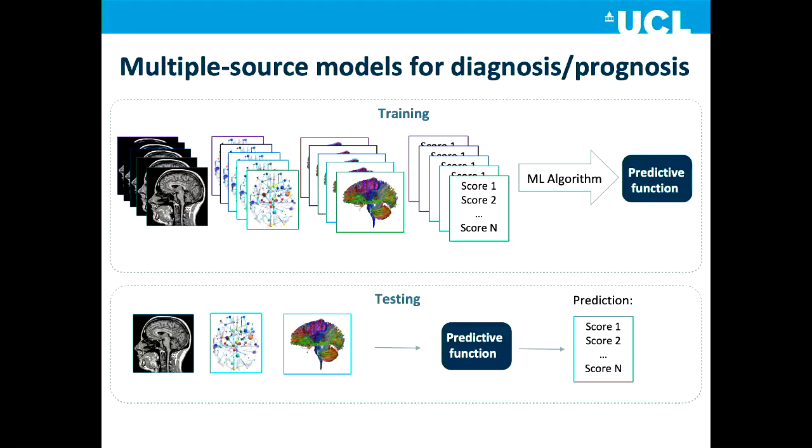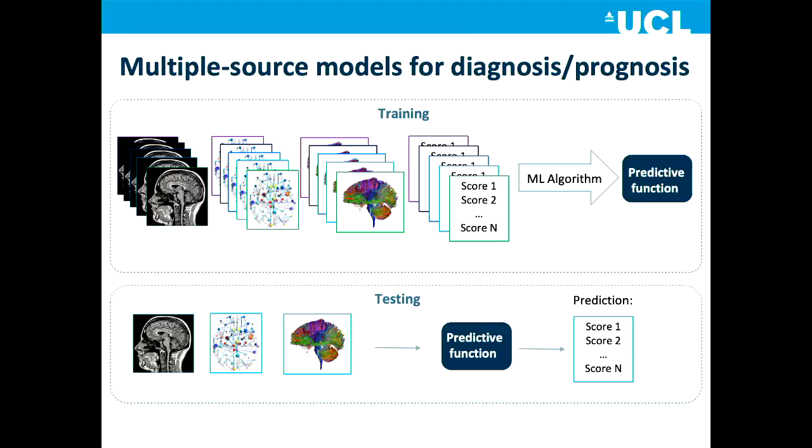But in my view, the limitation of this framework is that for many relevant problems in mental health, we don't have labeled data. So for example, for finding subtypes of patients or for finding who is at risk of developing mental health disorders, we don't have labeled data to train this type of framework.